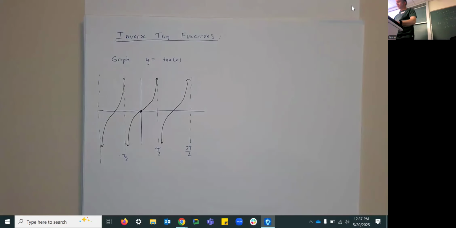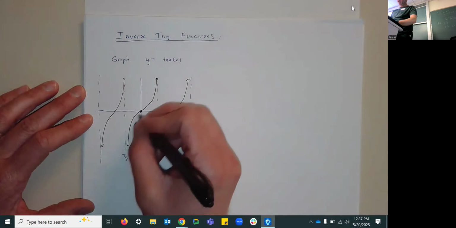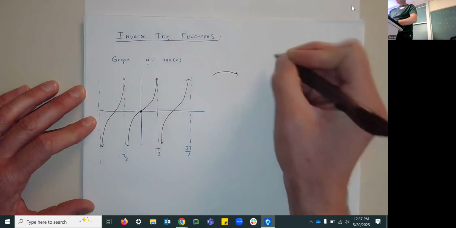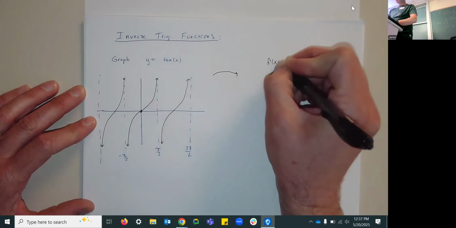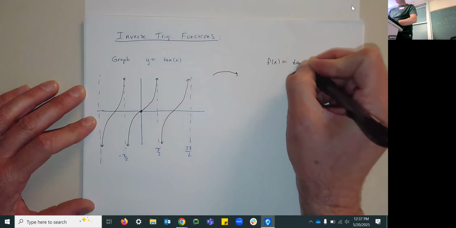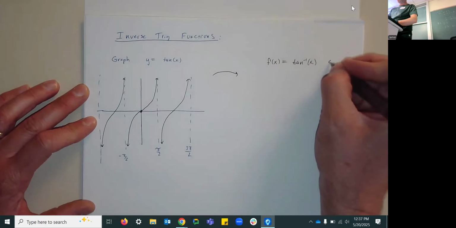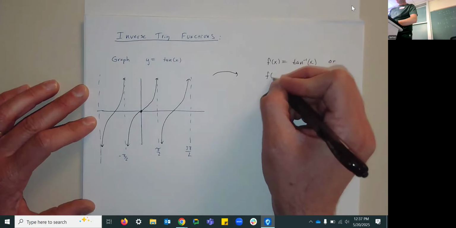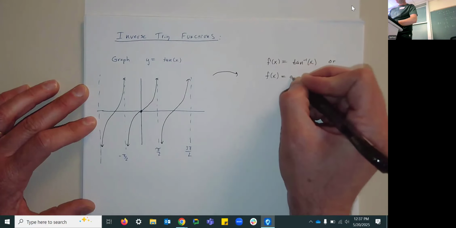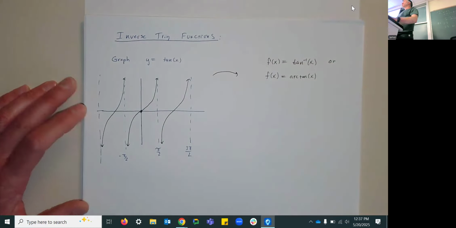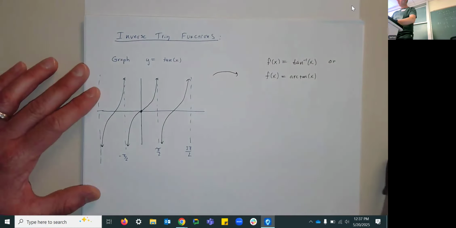So here's what we get. We're going to take just this section here, and we're going to take the inverse of that to get f of x equal to the inverse tangent of x, or as many people like to write it, myself included, f of x equal to the arc tangent of x. So the same function, just a different name for the same function. So the graph of this